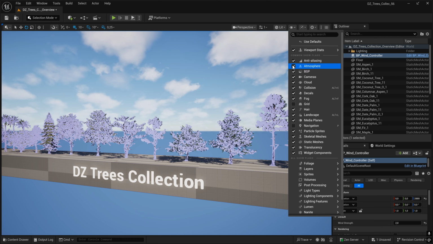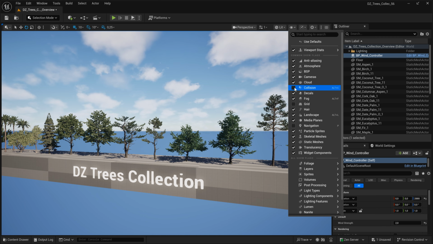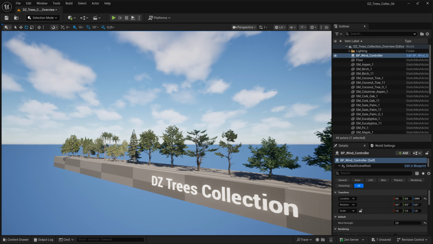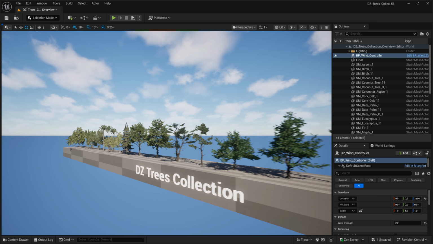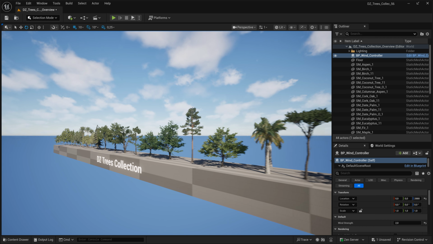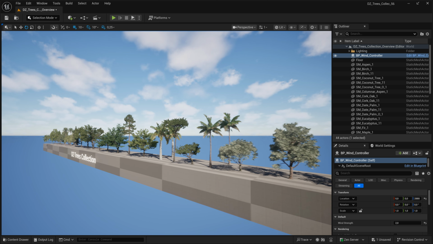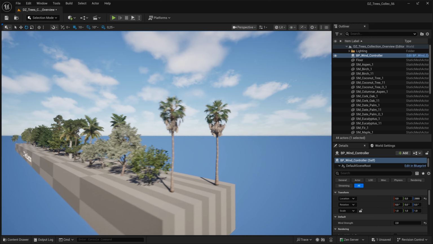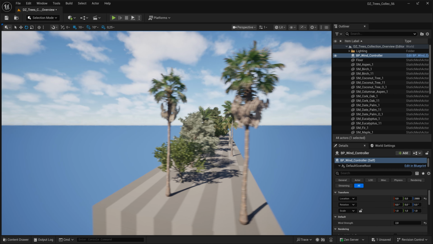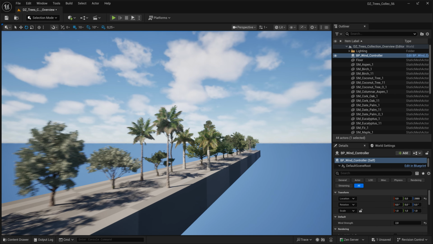So that's the idea here, to unify all these packages, and if you're making a game or something, it's very easy to get all these trees to behave the same way,